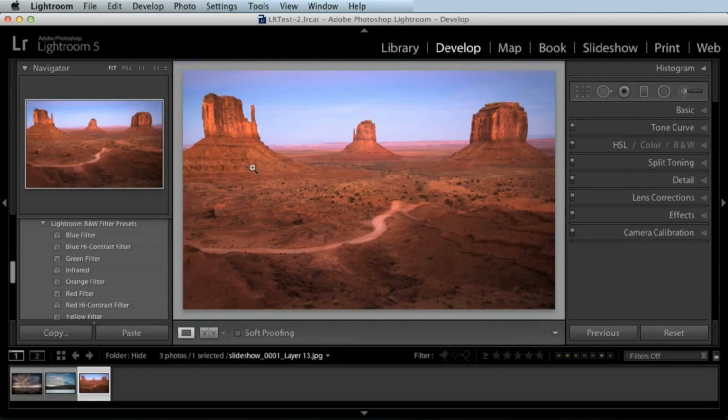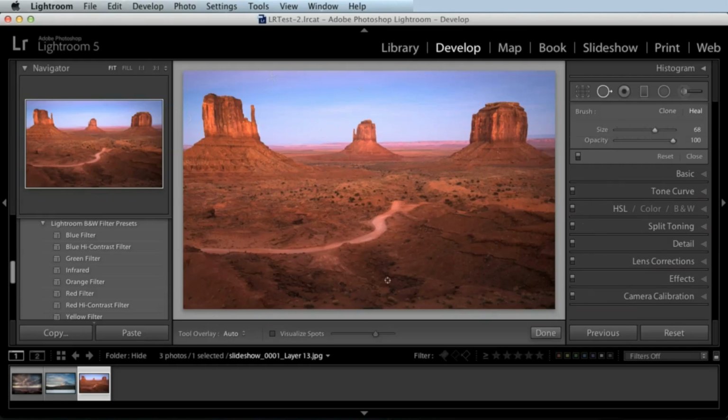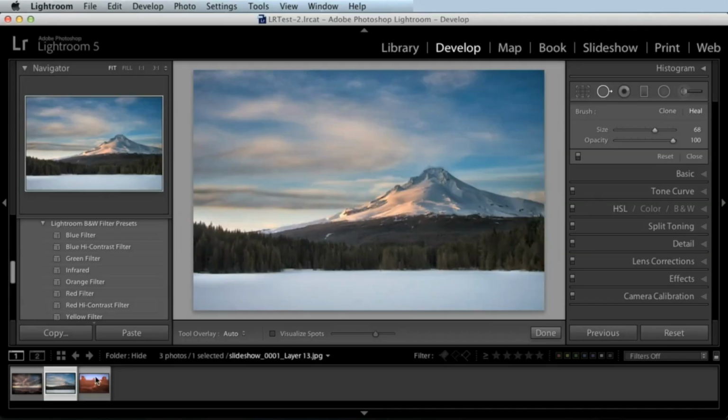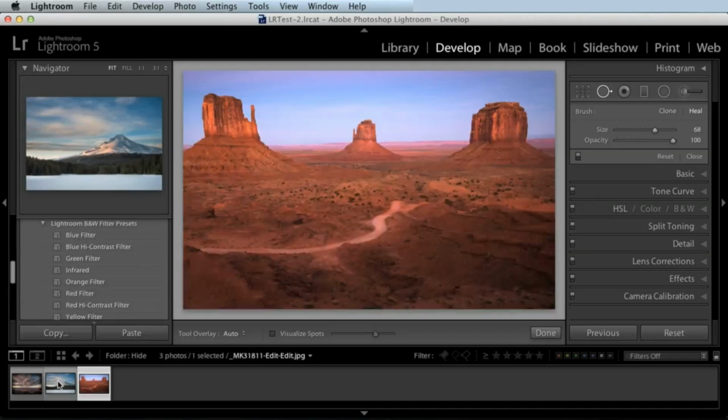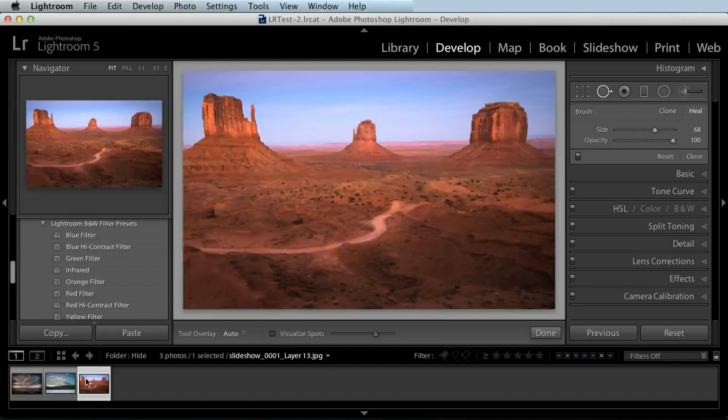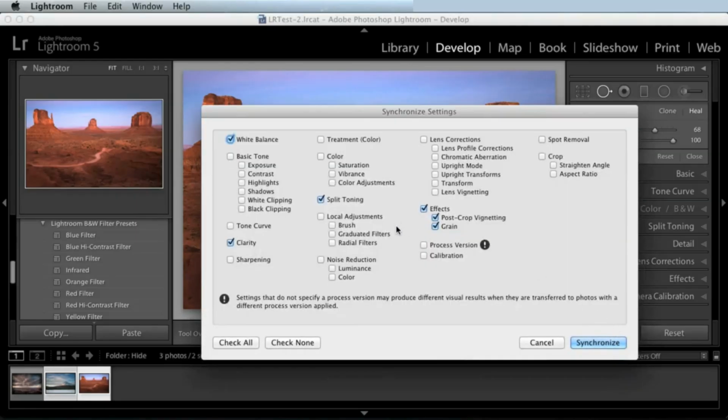Another cool thing is you'll notice that a lot of times, if you've got one photo with spots on it, every photo you take after that will have the spots in the same place, right? Like every photo I took after this one is going to have those same spots in it. Well, you can fix one photo and remember the synchronize button. I know I'm just using this as an example, and I know this photo isn't the same, but let's just say this photo right here was one that I took right after this one. I could shift click, just like we synchronized photos for exposure and white balance and all that. You can hit your sync button down here, and one of the options we have to sync is spot removal. So it'll go through and remove the spots on all the images that you chose,